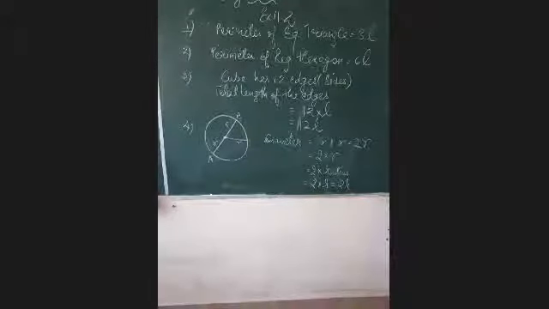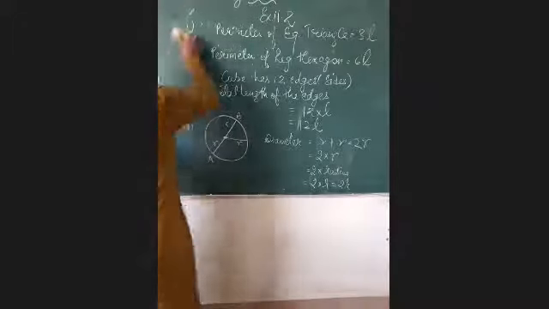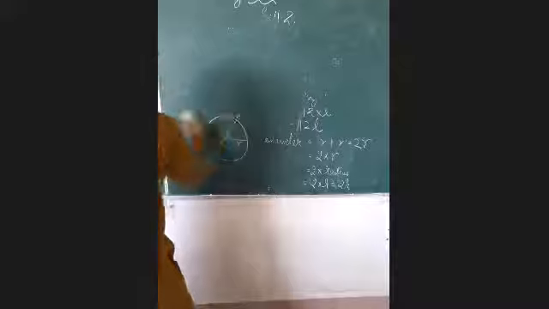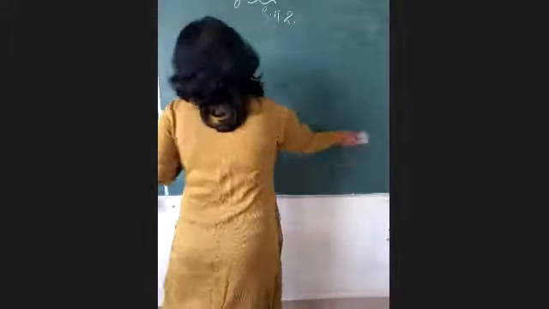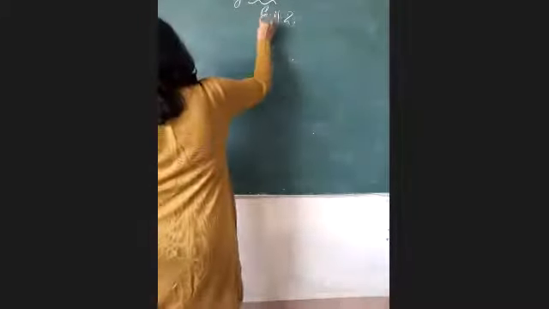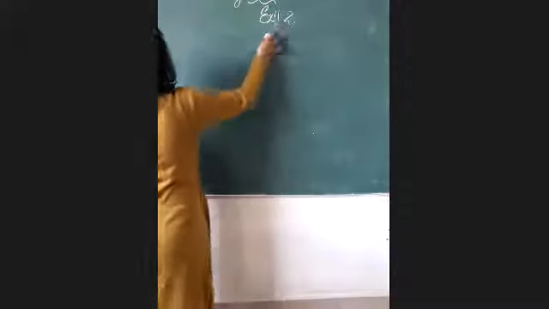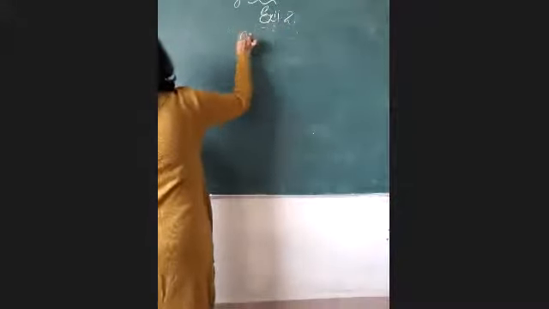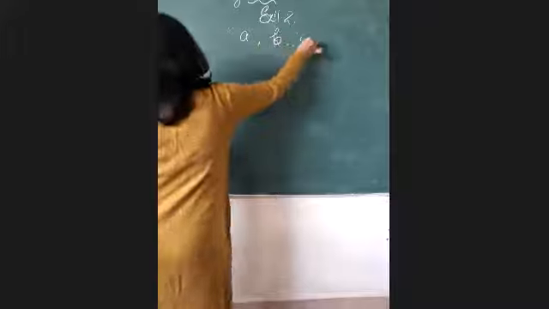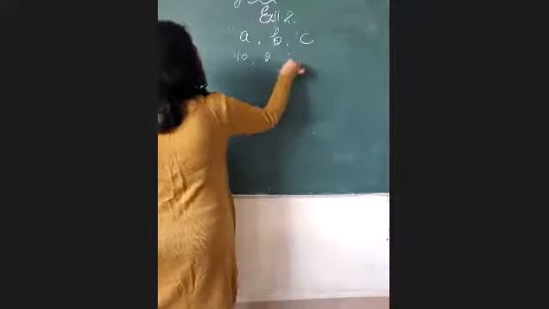So let us discuss the next question. The question is telling us that we have to explain the associative property in the form of A, B and C, where we assume that we have 3 numbers. If you remember, I taught you this associative property in the whole number chapter also. So this is A, B and C. There are 3 numbers. So let's say we have 3 numbers like 10, 2 and 18.